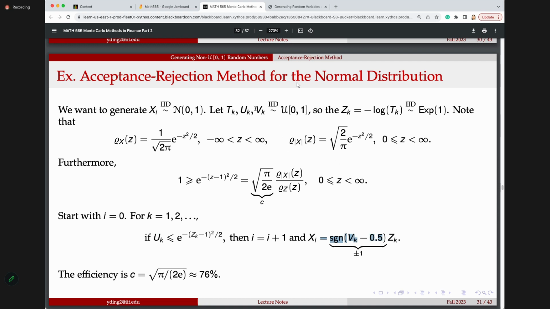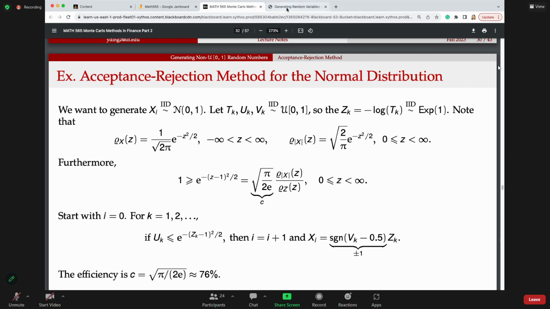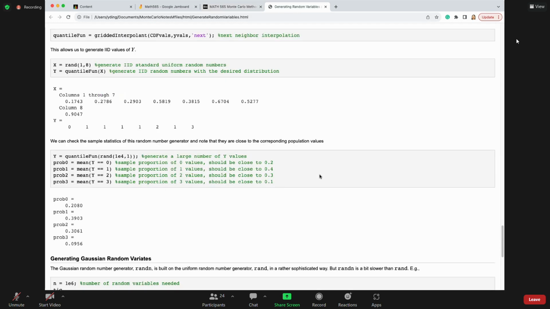So that's why we introduce another one, bk. And this bk is the one to control the sign. So if it's greater than 0.5, it will be positive. Less than 0.5, it will be negative. So that's why this one will give you plus or minus dk. You can generate the standard normal. Okay. All right. Then let's see, I think we have